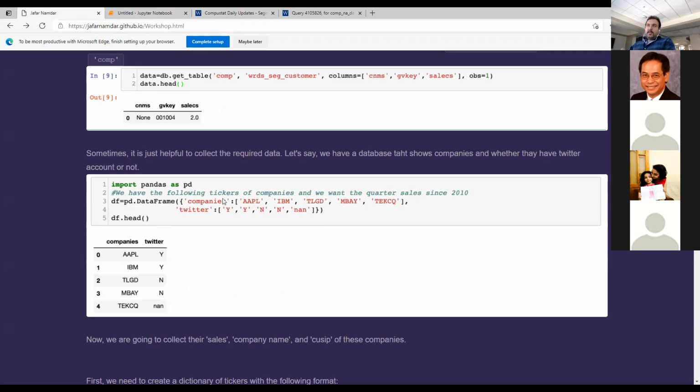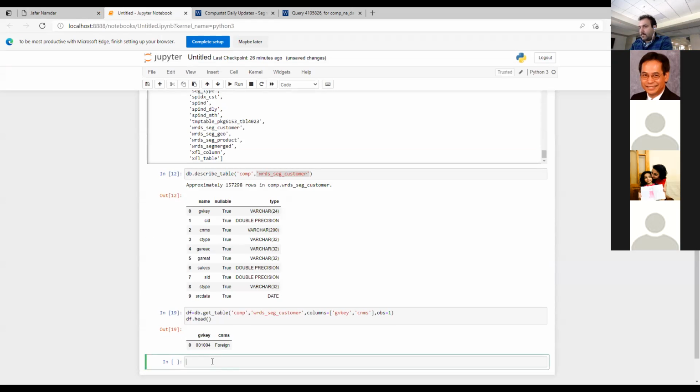So let's create this data frame. When you create,